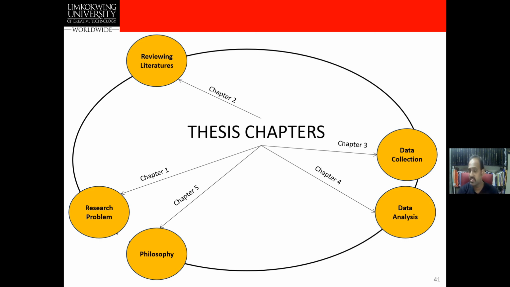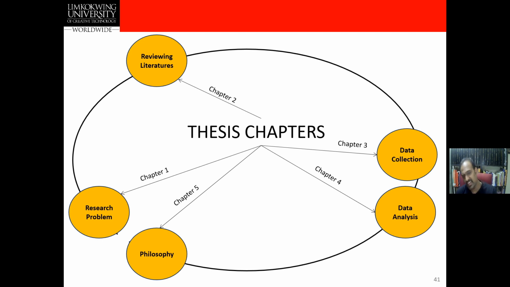But in chapter 5 you can completely put your discussion. It means that you can put your opinions as well. This is the only place where you can share your views. So this is a place where you can put your recommendations. Recommendations are based on the research, not your opinion again. So all these things come in chapter 5.